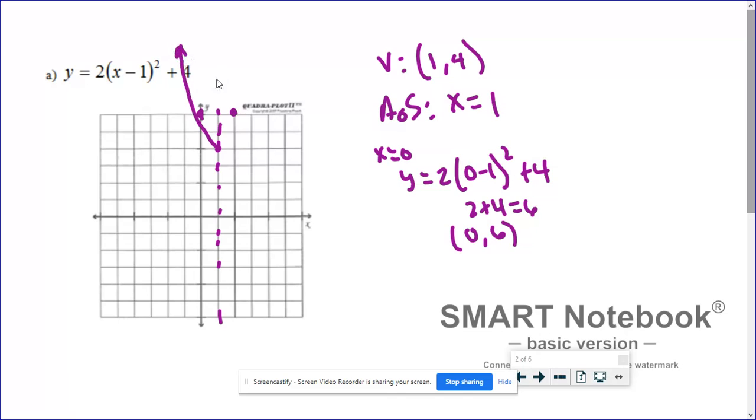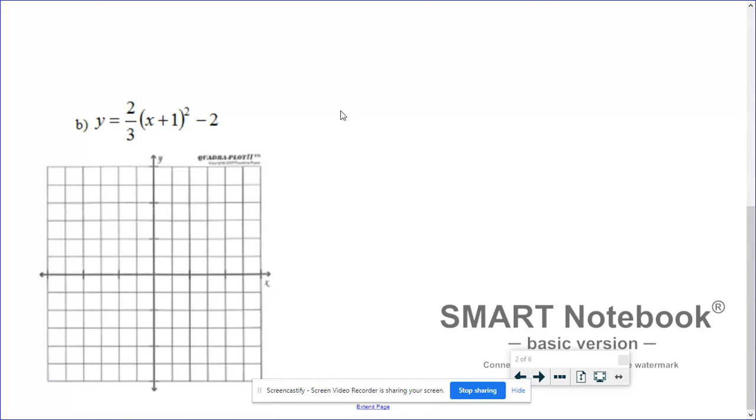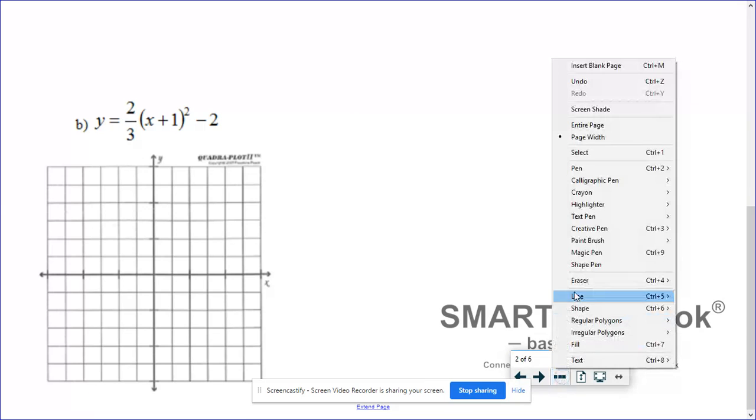At this point, I'm just going to draw my curve because any other points I would plot would be off the grid, right? So normally I would pick another value of x, but for this one I don't need to. Let's do the same thing here. So now the vertex,